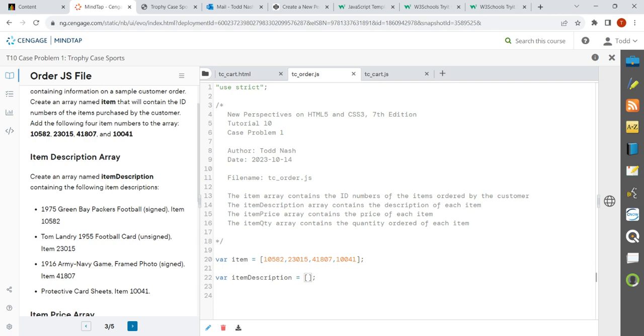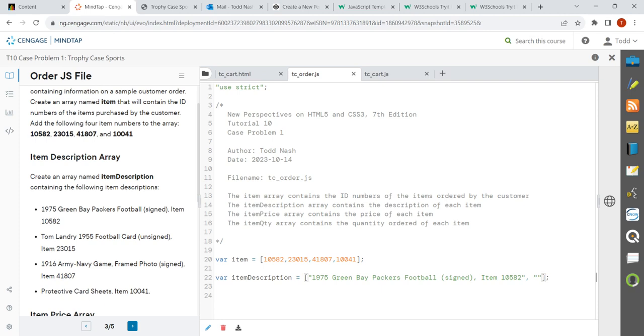Okay, so this one's going to be a little bit different. As you can see, we have string values, and so we're going to be using double quotes, okay? What I found to be easier is we just highlight these descriptions, and if I can find my cursor, I'm just going to paste them in there, okay? And then we'll separate them,